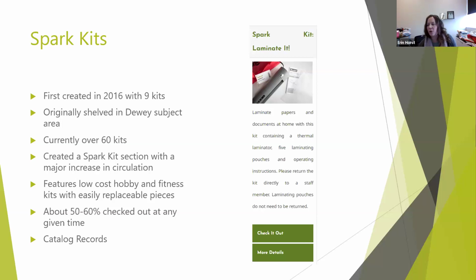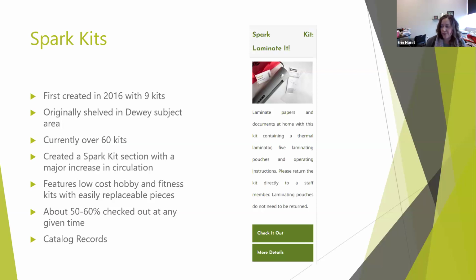So for example, we had a crochet kit and had it over with the 600s, or 700s, wherever crochet is. So we kept it with the craft stuff, so that people looking at crochet books could say, oh, okay, well, I'll try this out. There's a little bit of a mix of equipment that we want back, and then some things that we would consider consumable. So for the crochet kit, we're giving out yarn. But we would like the hook back. We would like the instructional book back. We have a couple of extra little pieces in there to help.